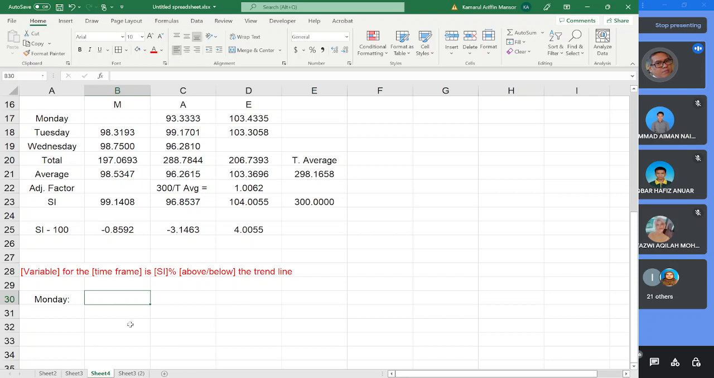So first kita tengok dia punya variable. So apa variable dia? Sales kan? Sales for company, let's say XYZ, for the time frame dia apa? Monday shift, right? So Monday shift, okay, is SI dia berapa? SI dia 0.8592. And whenever you explain the index, sama macam kita belajar sebelum ni, kalau nak explain index, mesti dalam bentuk